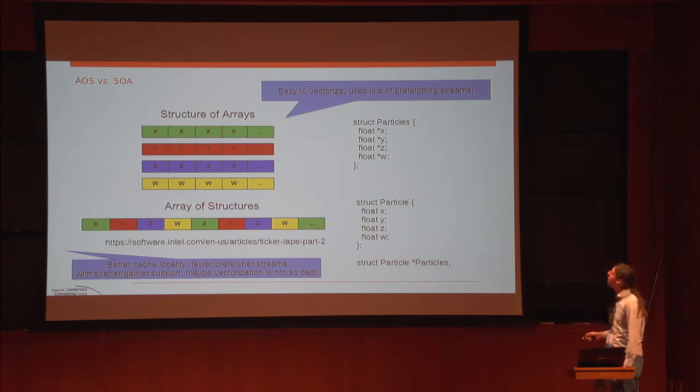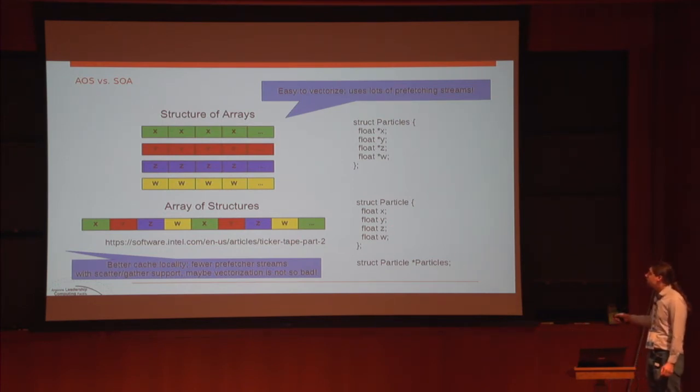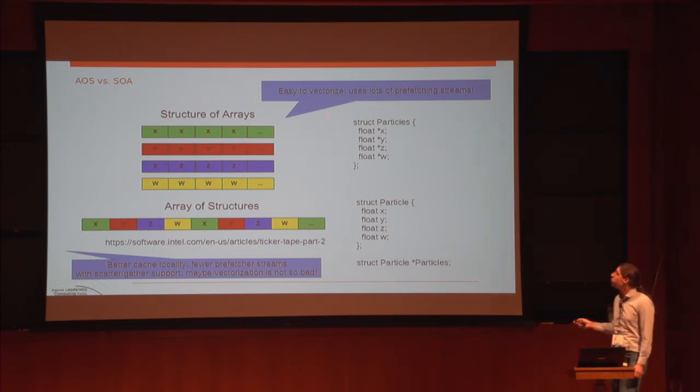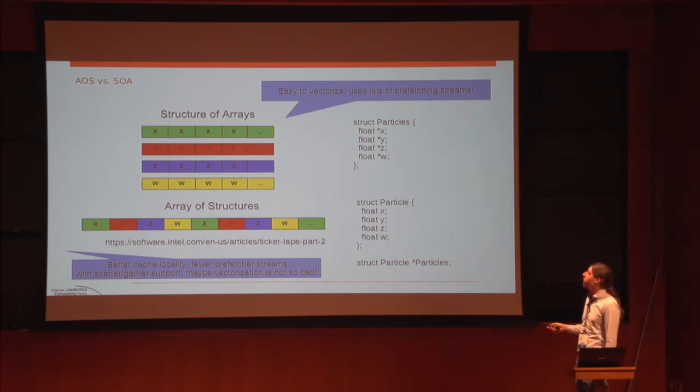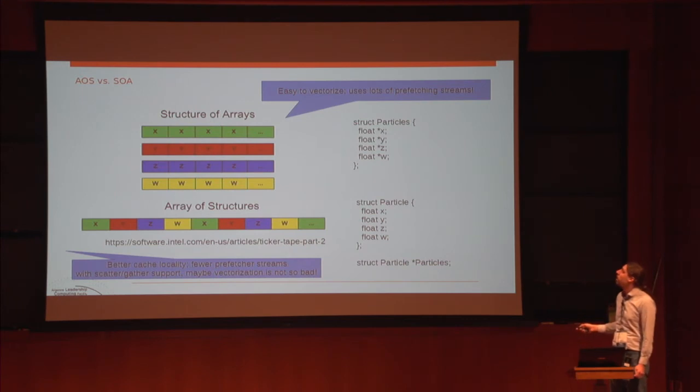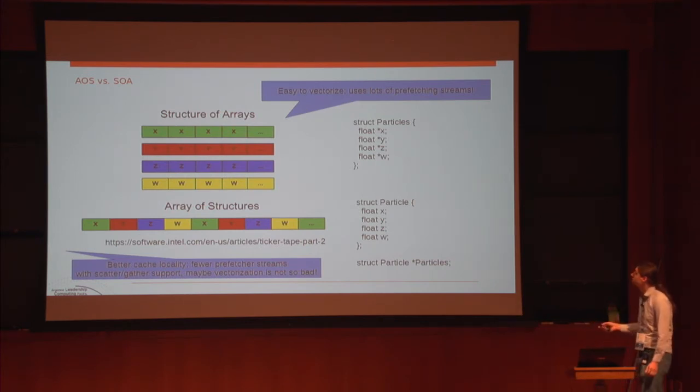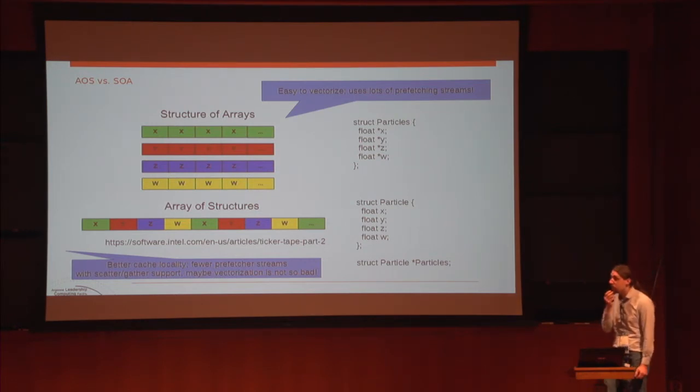where I have a structure that represents each particle, like X, Y, Z, and maybe a mass or whatever, and I have an array of these things. Now, the traditional advantage of this was that it's easier to vectorize, because it's quite easy to load some number of x's at a time, some number of y's, and do whatever you're doing n times at the same time. And the array of structures was harder to vectorize, but it has better cache locality, and